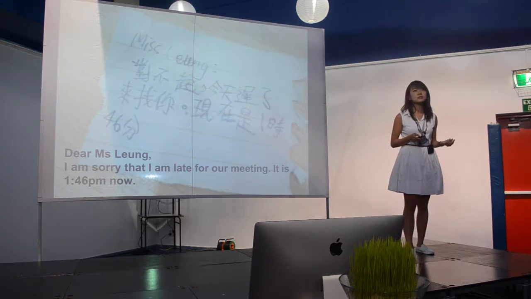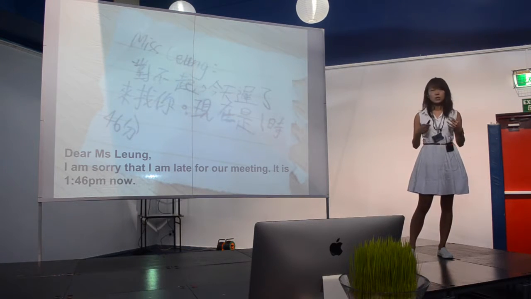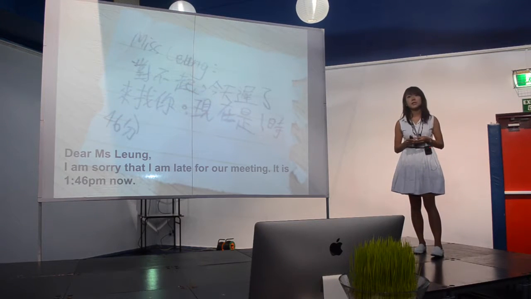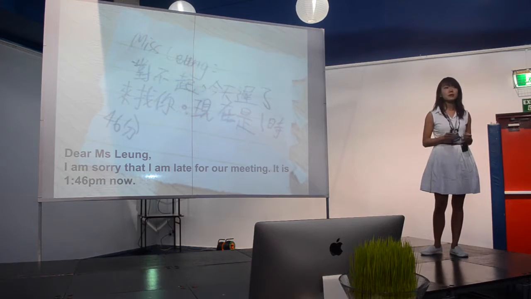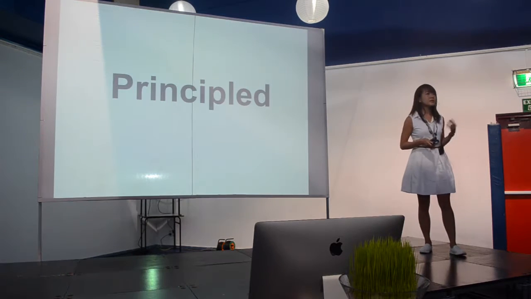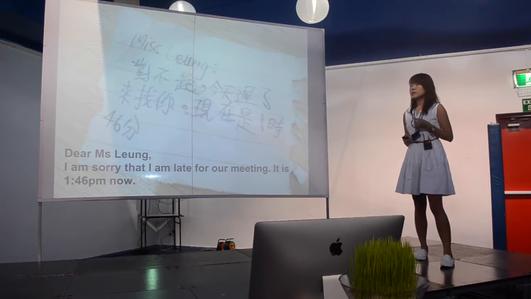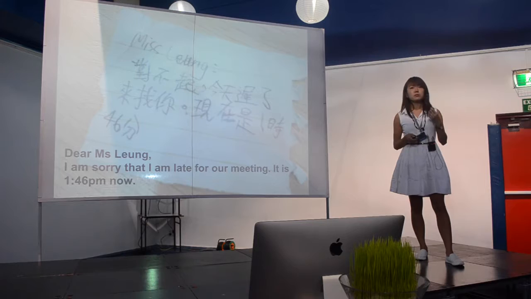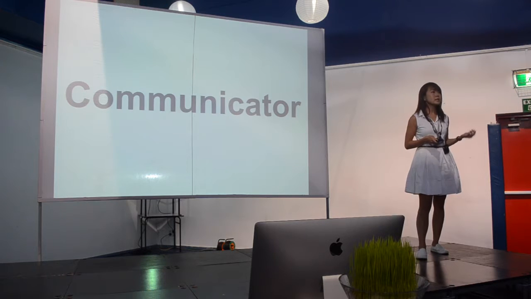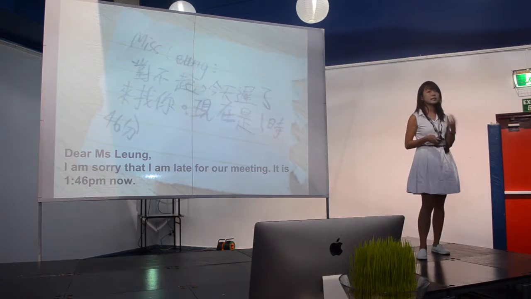Or when we talk about student success, how do we measure the progress of this grade 6 student whose working memory is certainly not his strength and was once again late for after-school meeting? However, this time he remembered to jot a note to his teacher and apologize. Do we see a principled learner here? Do we see someone that is willing to show honesty and is willing to bear the consequence of his own action? Or do we see a great communicator here who found a very effective way to communicate and express himself?